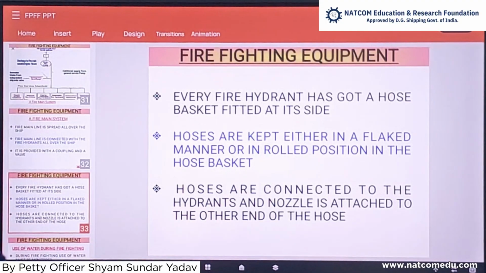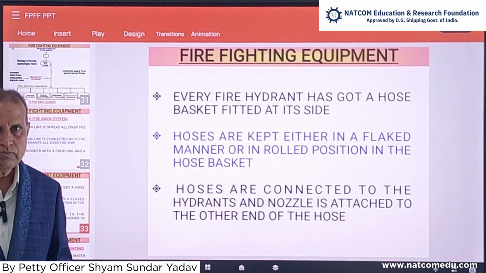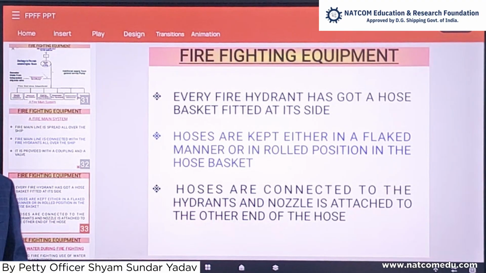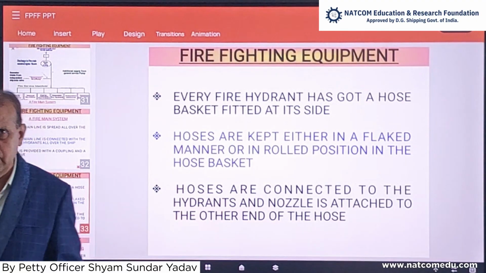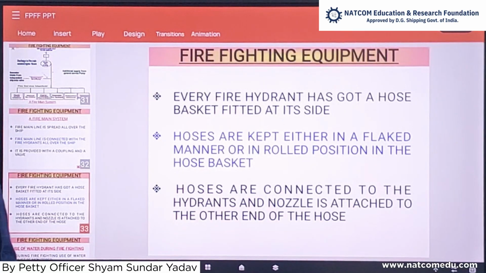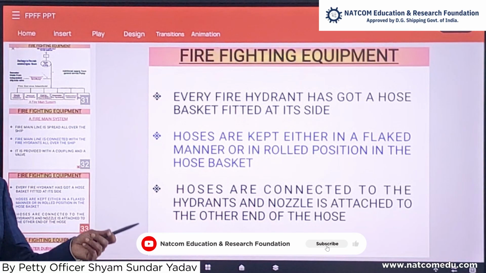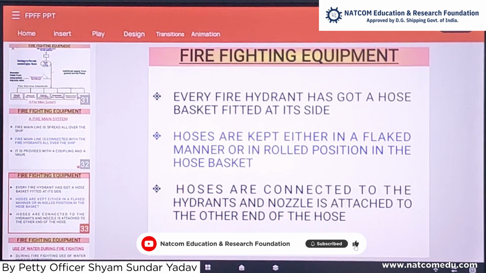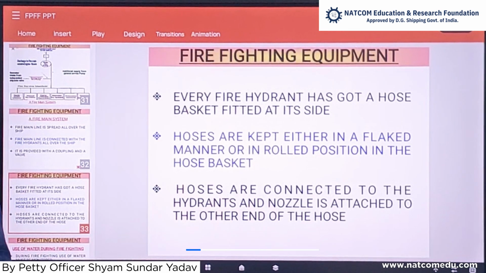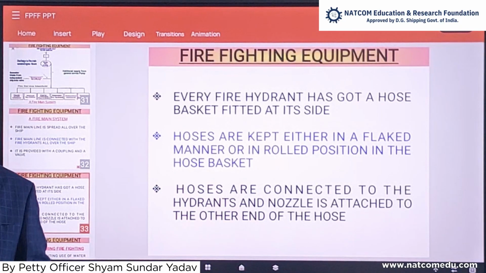Hoses are connected to the hydrant and nozzle is attached to the other end of the hose. इसमें 2 एंड होते हैं, एक मेल फीमेल. जितने फायर हाइड्रेंट्स हैं दे आर प्रोवाइडेड विद फीमेल कपलिंग. हॉजेज में आपको एक साइड में फीमेल कपलिंग मिलेगा, एक साइड में मेल कपलिंग मिलेगा. तो आपको पता होना चाहिए फायर हाइड्रेंट में कौन सा लगेगा और नोजल के लिए कौन सा एंड यूज करेंगे।